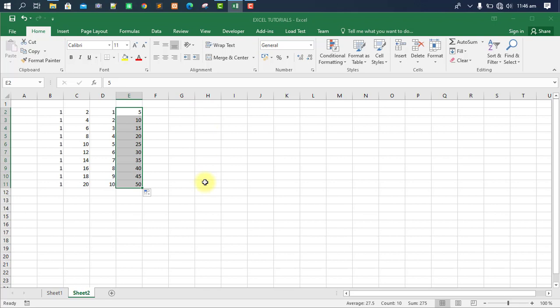So the first thing is you need to select it as it is selected. So you select everything here like this. Then you left click, then you drag, you select it, then